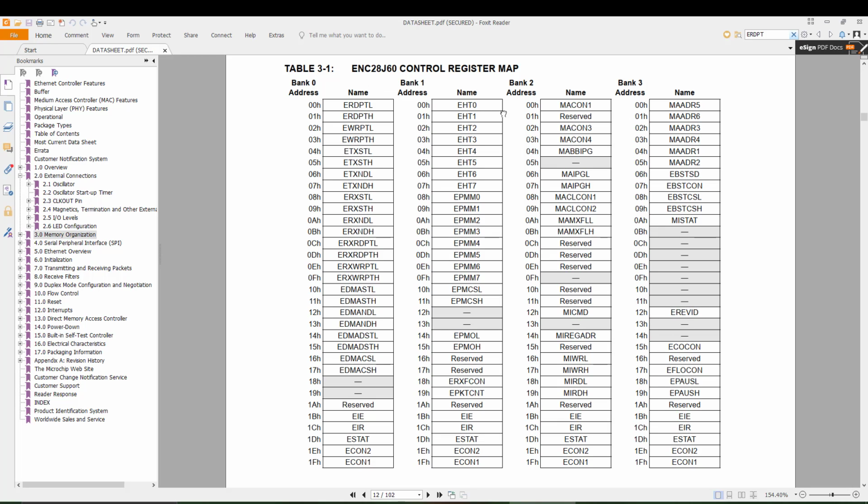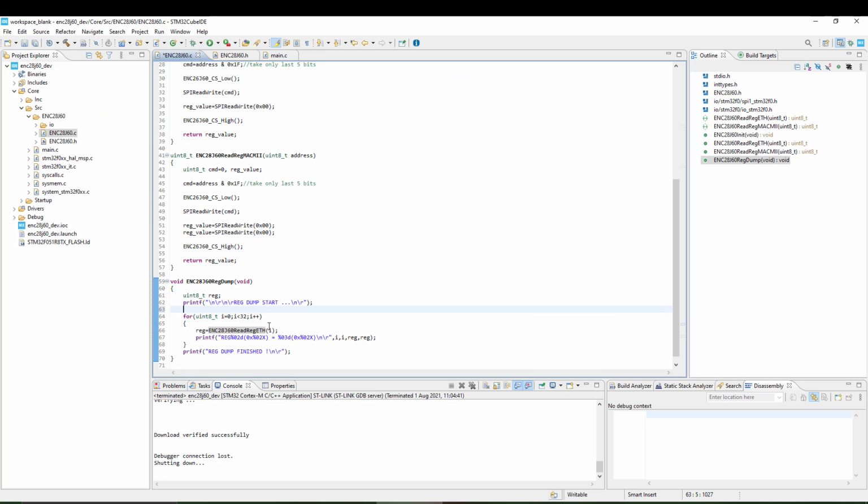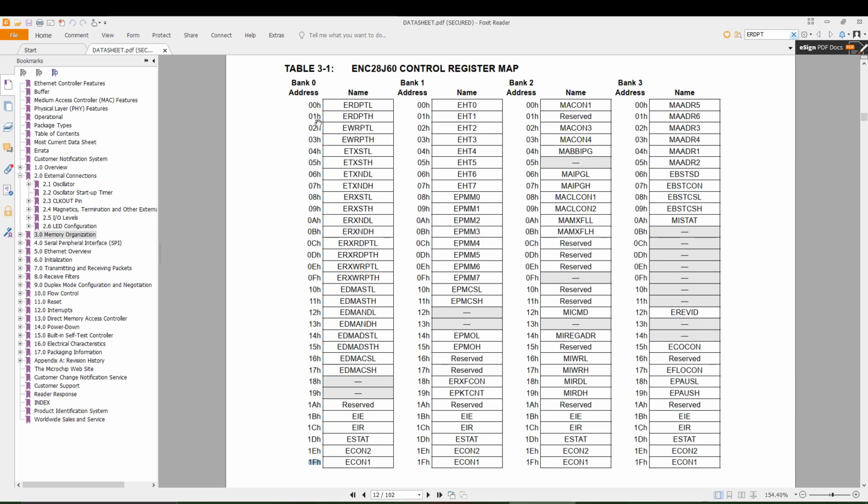Till now we have not developed the function to switch the banks, so this reading will be performed on bank 0 only. We are only looping from 00 to 31. So this function that I have just written, reg dump, will only dump bank 0, not bank 1, bank 2, bank 3.